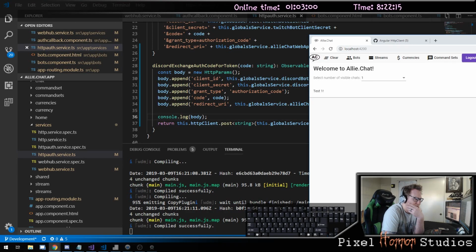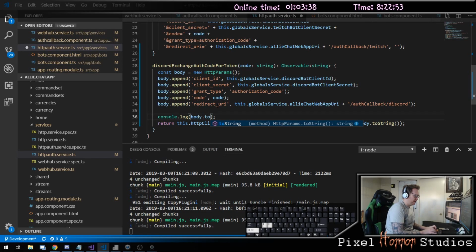And if I look at it, here's the request. That looks fine. But I don't see it attaching any of its. If I did a console.log body.toString,